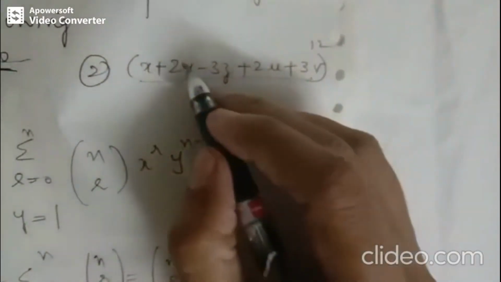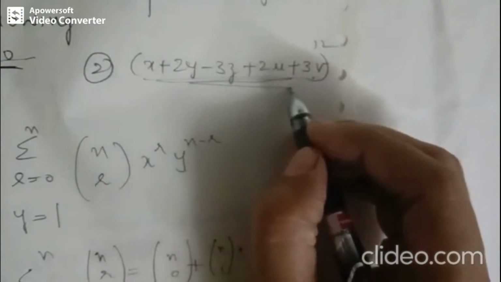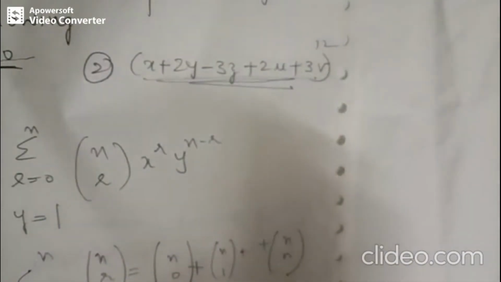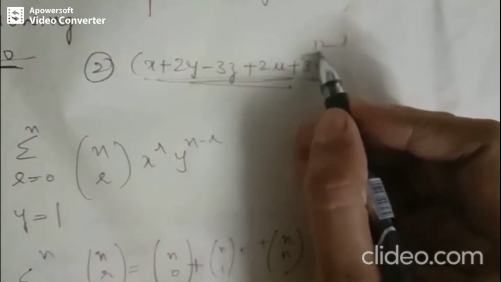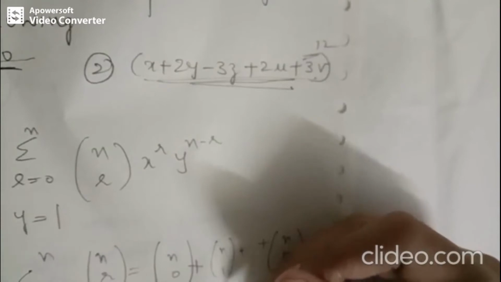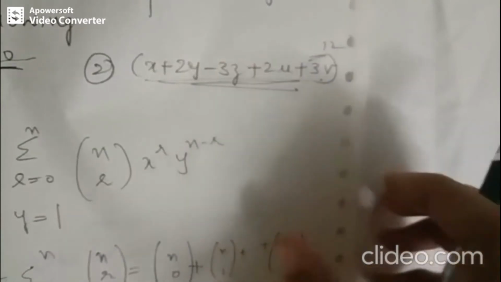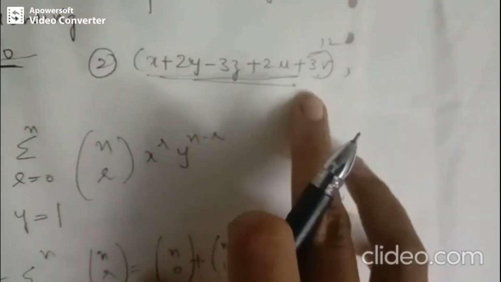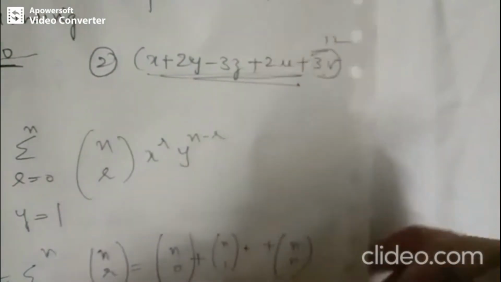So now how can we solve this problem further? How can we derive the sum of the coefficients of this particular term? Let's see how to substitute the value of n given as 12 in the given multinomial theorem. We know the multinomial theorem is nothing but the summation of the terms. So let's write all these terms and split this based on the multinomial theorem formula. So let me write the question now.